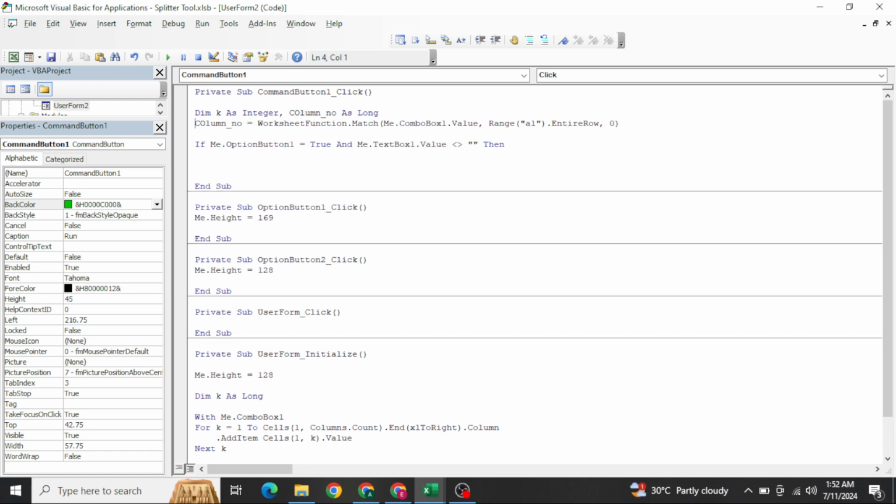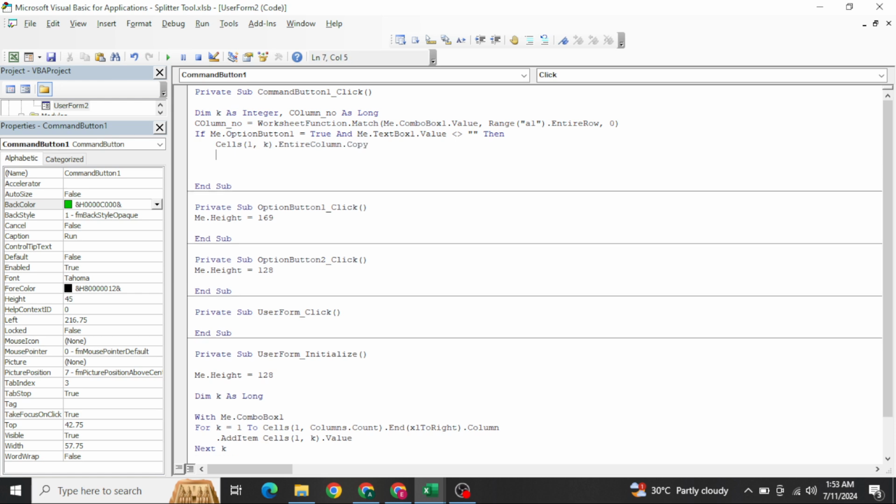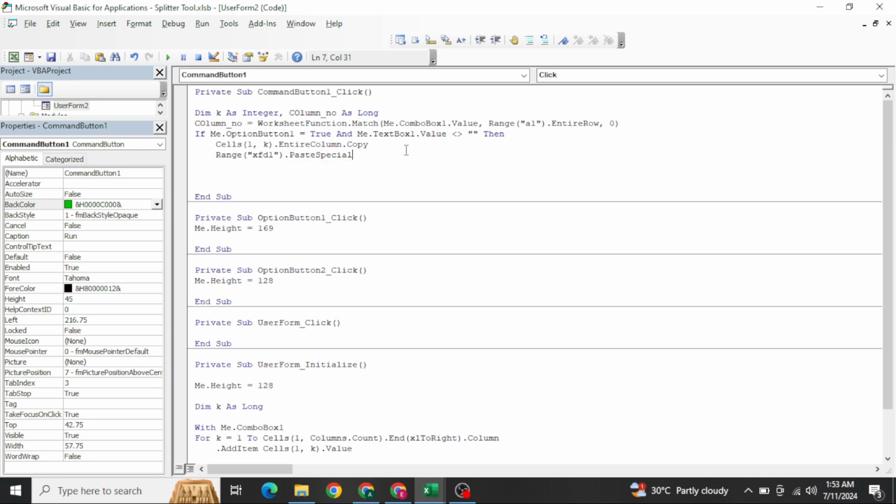And if the condition is met, then Cells, row number 1, column number k, .EntireColumn.Copy, and it should get pasted where Range XFD1, paste special.